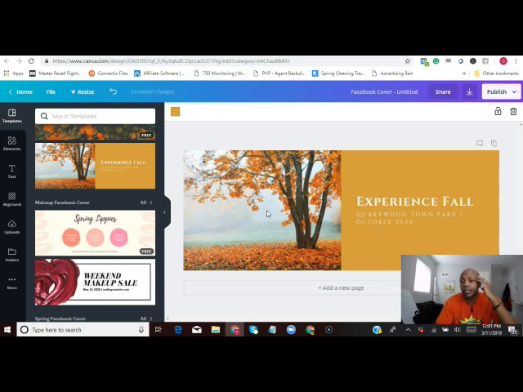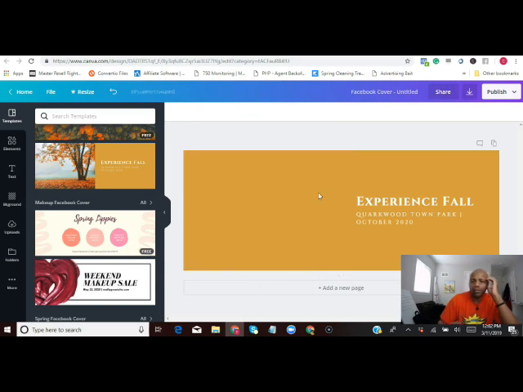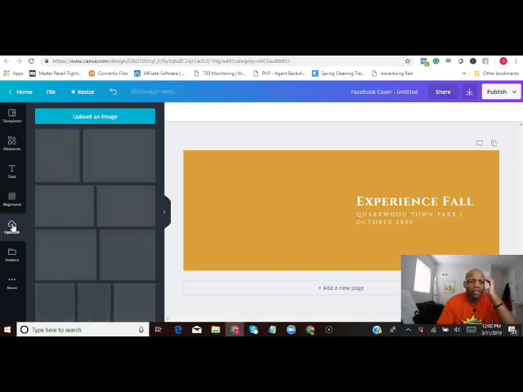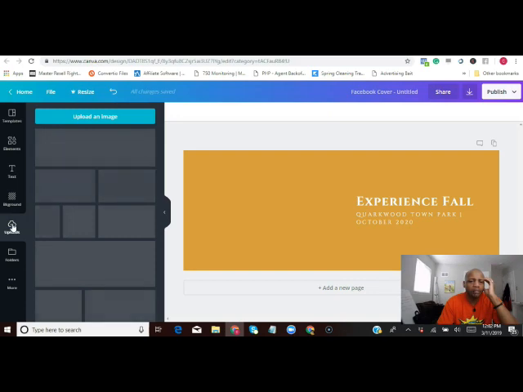The reason I clicked on this is because I see a place where I can put text, the name of the event, the address, and those sorts of things where I can connect. But I also see this space right here. This picture can be removed. So I can delete that picture and say I was doing an event. I already have a bunch of pictures uploaded. Say I was doing an event